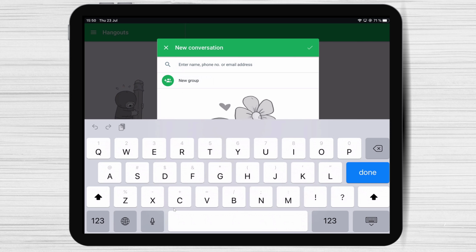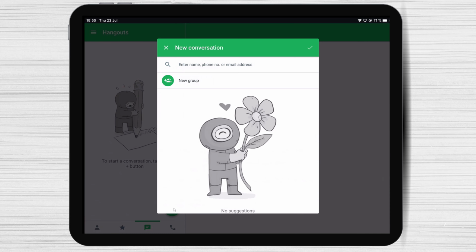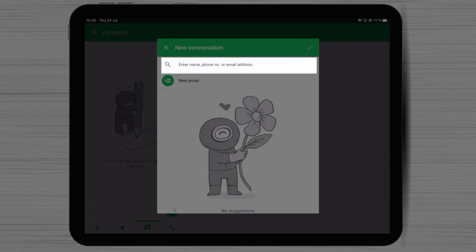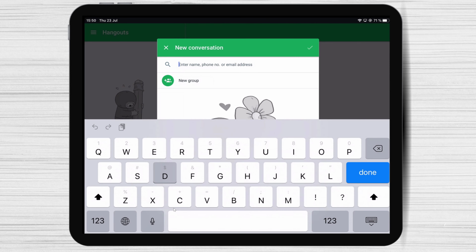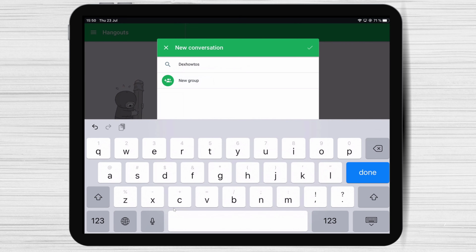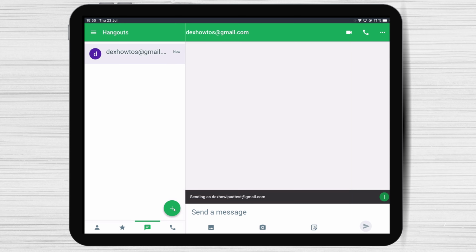You will see your contacts here. You can now add any contact to your conversation. If you do not see the person you wish, just write in the input from the top the name, email, or phone for that person. Let's write an email. The system will find the person. Tap on that user. You will start a conversation with that person.